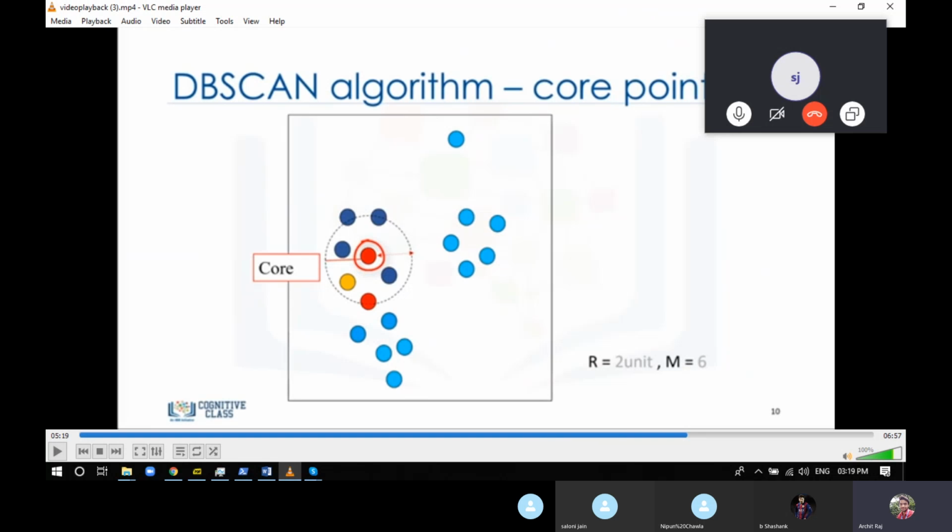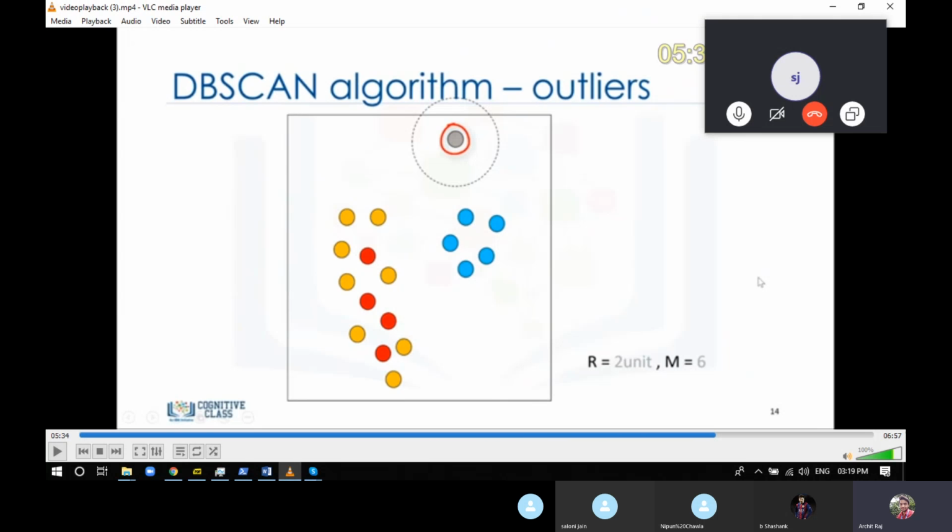It became 6. It's completely fine. So it's a core point because it has more than a sufficient number of neighbors, because the name is minimum number of neighbors. If the number of neighbors is that minimum, or if it's exceeding that, then we consider it a core point. So it's 6, it's more than 5, so it's a core point. The same thing we'll do for the other points. We'll assign each and everything.